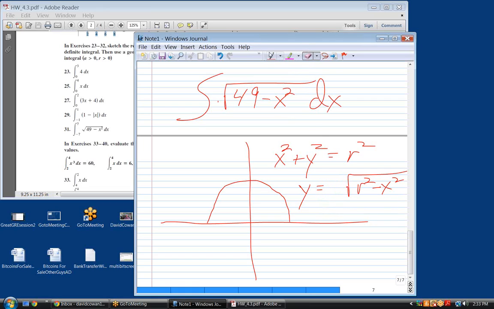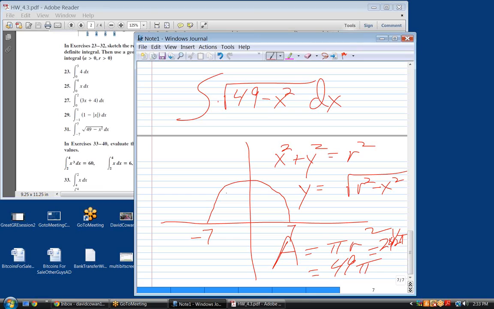What's the area of that circle? The full circle would be 49 pi, right? So half of it is 24.5 pi. And notice it did go from minus 7 to 7,